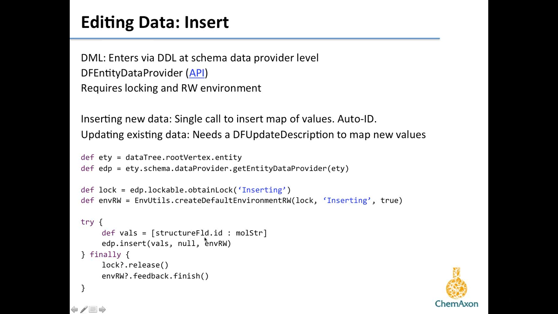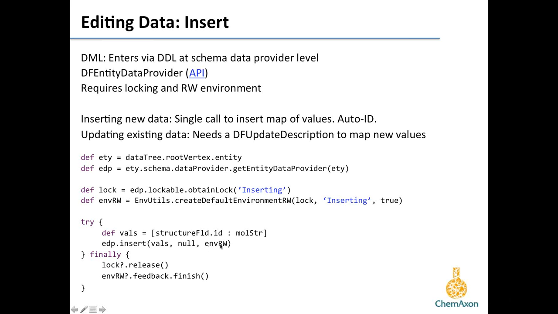So for example, we have our structure field.id. Again, we're referring to the field based on the individual ID. And then we're going to use MolString, which is just going to be our SMILES string that we pulled previously. Now, when we insert this, edp.insert, we're going to insert our values. This is a sorting option, I believe,